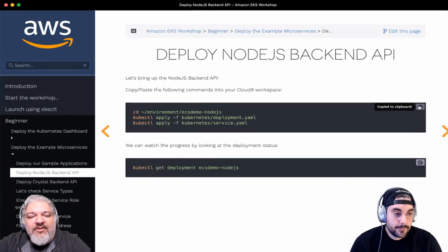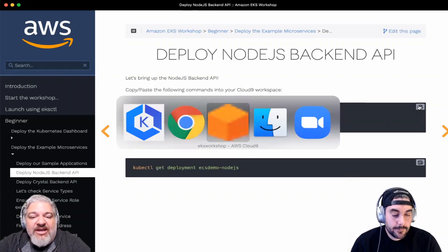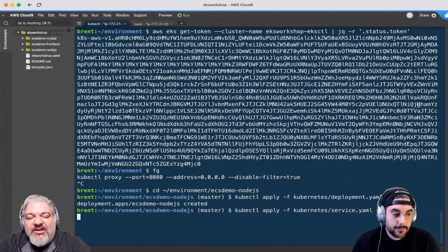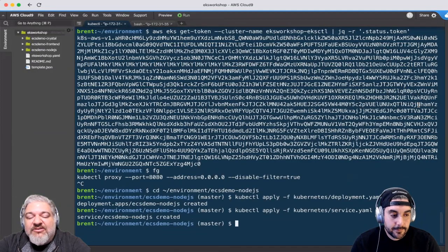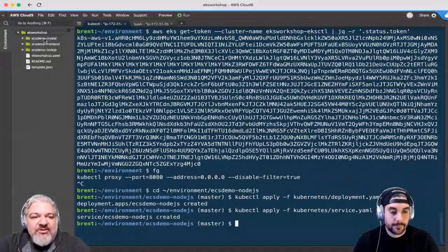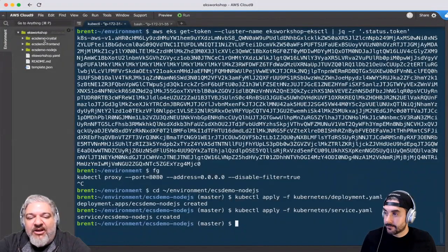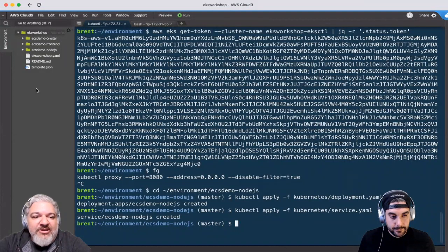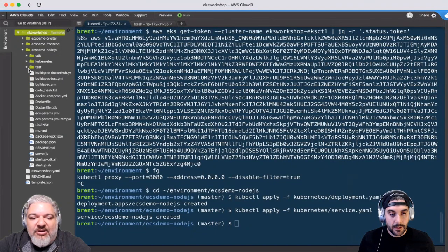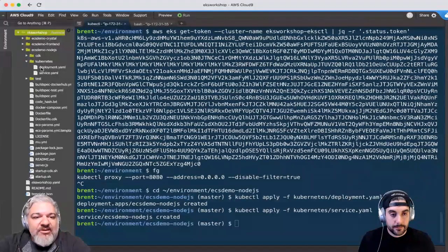So we're going to start off. Let's do the Node.js app first. So we're going to cd into the Node.js checkout. This is what we cloned yesterday from GitHub. And we're just going to kube control apply the contents of the file, Kubernetes deployment and Kubernetes service. So if we take a look real quick, Kubernetes deployment,